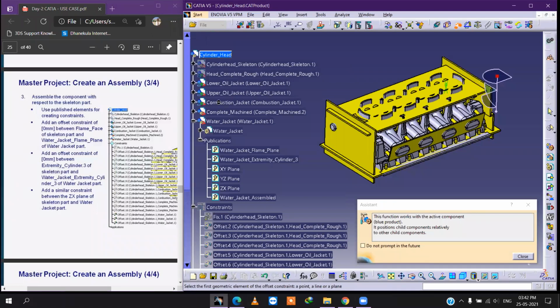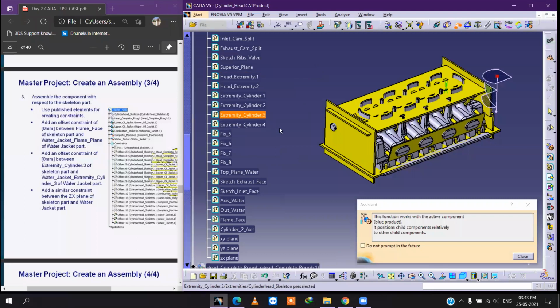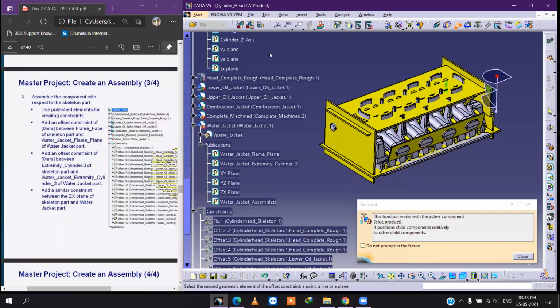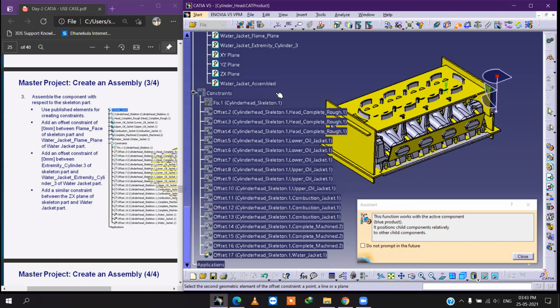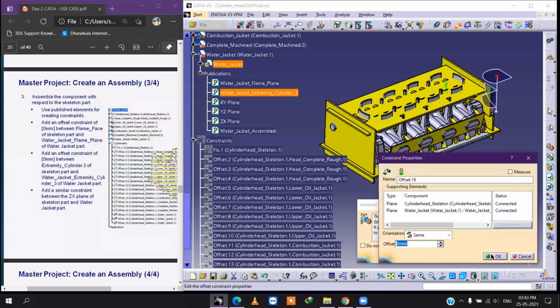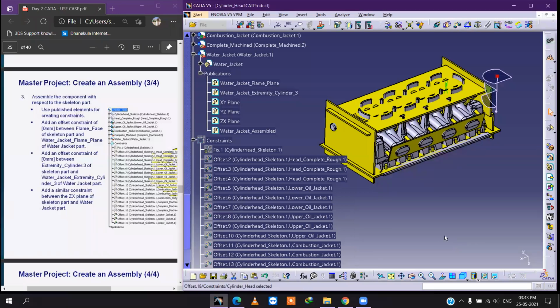Extreme cylinder 3 of skeleton part, and extreme cylinder 3 of water jacket part. Yeah, water jacket extreme 3 cylinder. Okay, also same, 0.